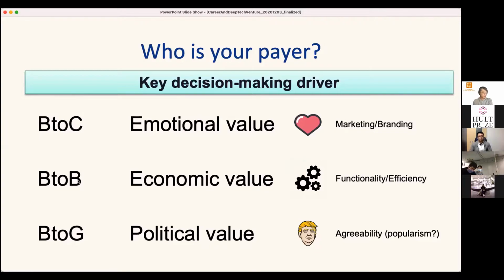And the B2B business, because this is for business, for professionals, they don't care about the emotional value. They care only about the economic value. So in the B2B businesses, you need to have a better functionality, or you need to show the efficiency of the business or something like that. And you need to offer to the business that if you work together with me, probably you can make this amount of money, or you can reduce your cost by this amount or something like that. So that's the B2B business decision-making driver.